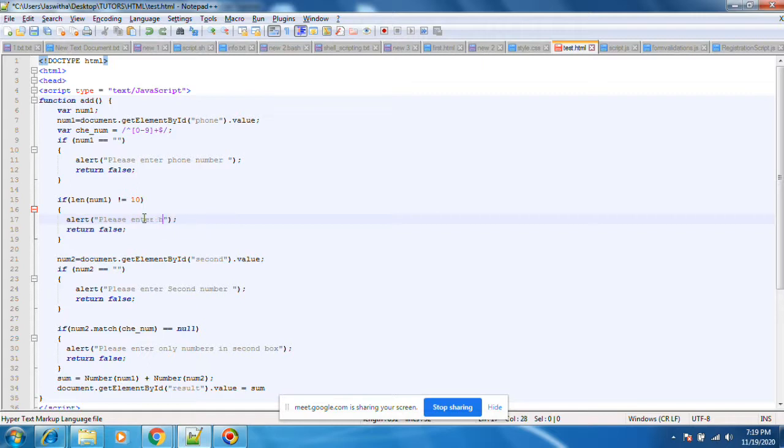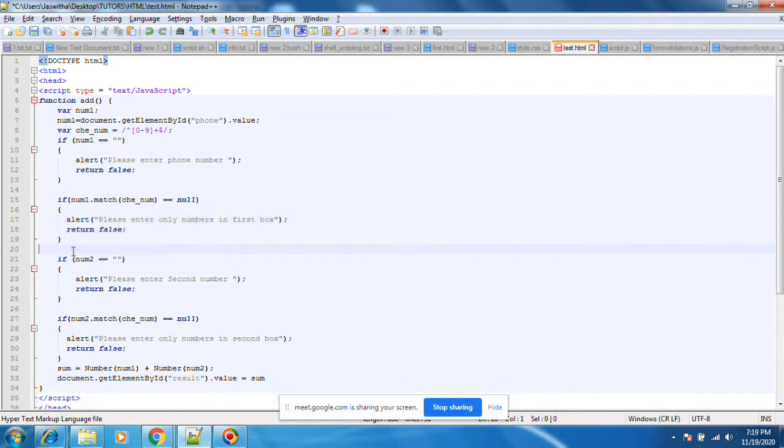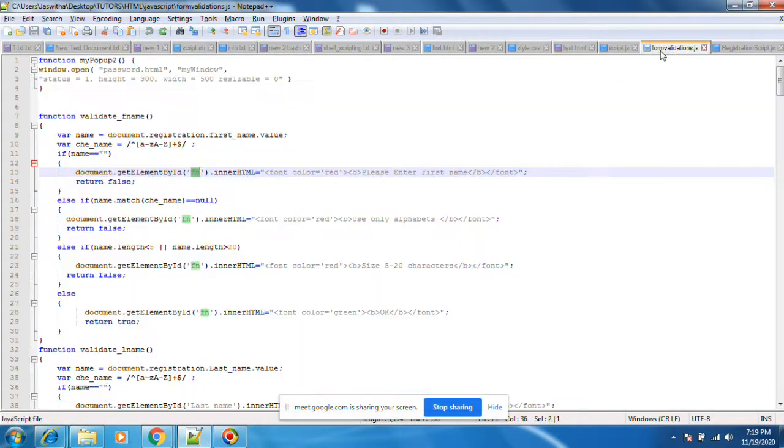Oh, let it be this one. Okay, let it be please enter only numbers. This is the second one. Third one will be if... what is the length?